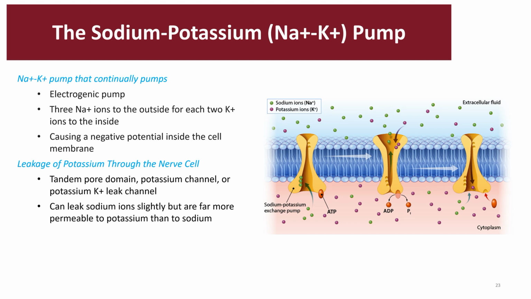Another factor that comes into play is the Na-K pump, which is continually, actively pumping these ions against their gradients. So on the right-hand side, you can see a visual of the Na-K pump. It's a protein pump that utilizes ATP, and it moves 3 sodiums out for every 2 potassiums into the cell. So it creates this unbalanced ratio in charge: 3 positive charges going out for every 2 potassiums coming in. On the right-hand side, this is a visual of a potassium leak channel. And as you can see, the potassium has easier access to diffuse out, where sodium could also go through, but